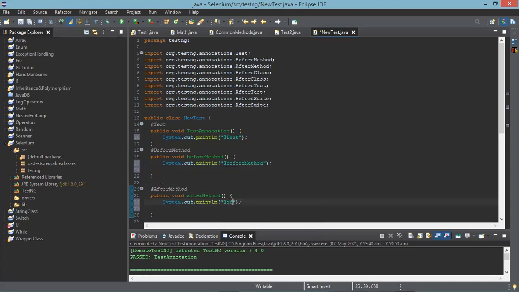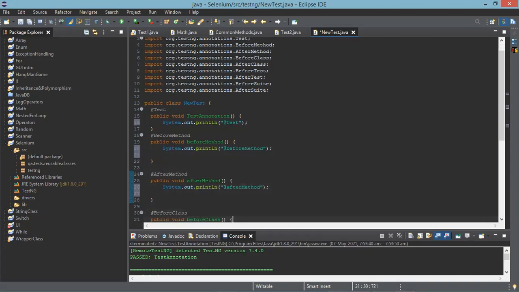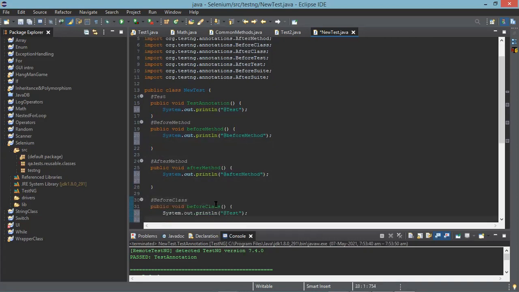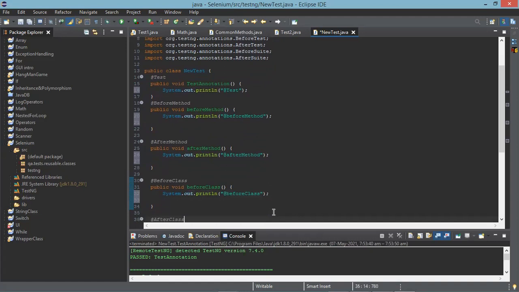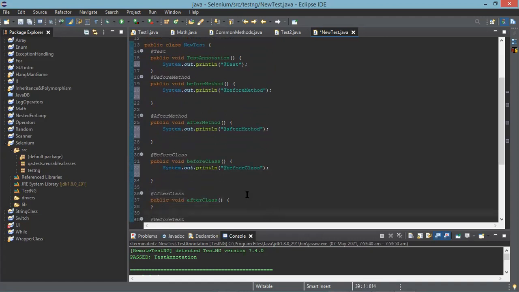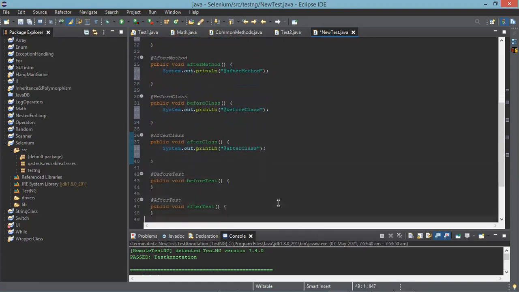Copy that method name and paste it, bro. Why do you need to type each and every time? Copy that line, this sysout line. After.